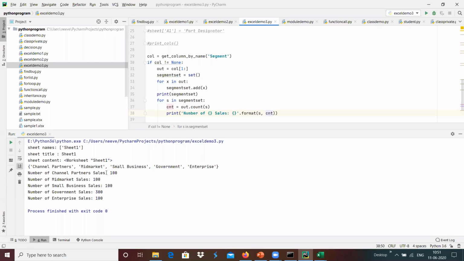Number of channel partners sales is 100, number of mid-market sales is 100, number of small business sales is 100, number of government sales is 300, number of enterprises sales is 100. Like this, analytics information can be fetched from any Excel sheet so that we can analyze the complete data.